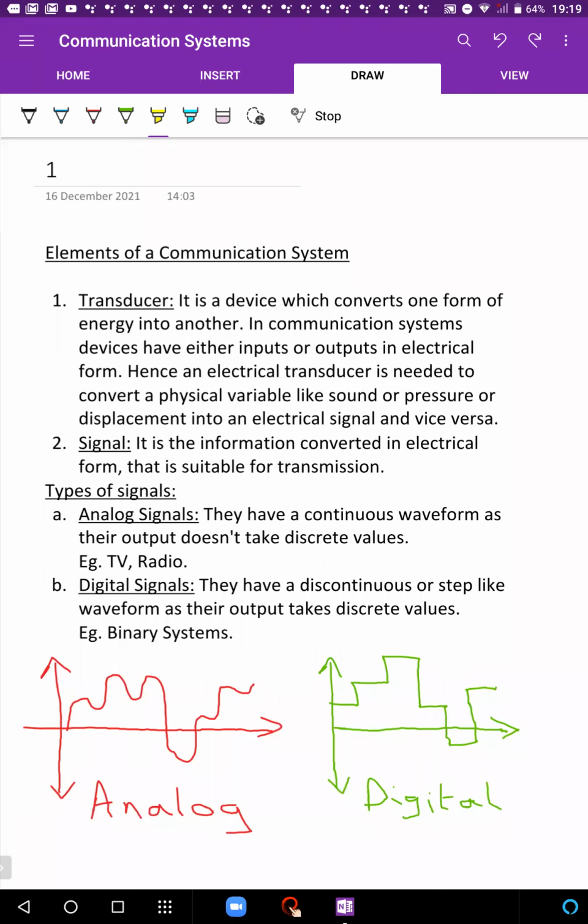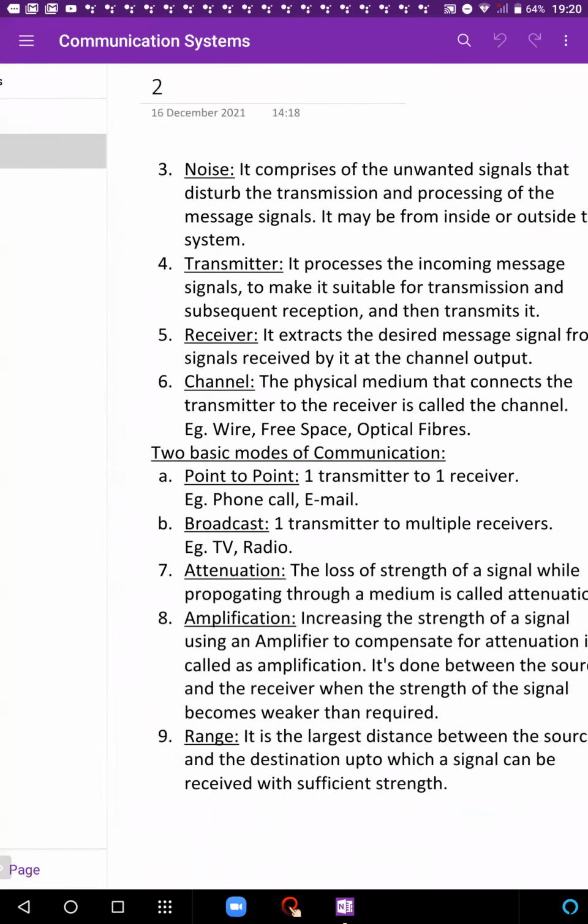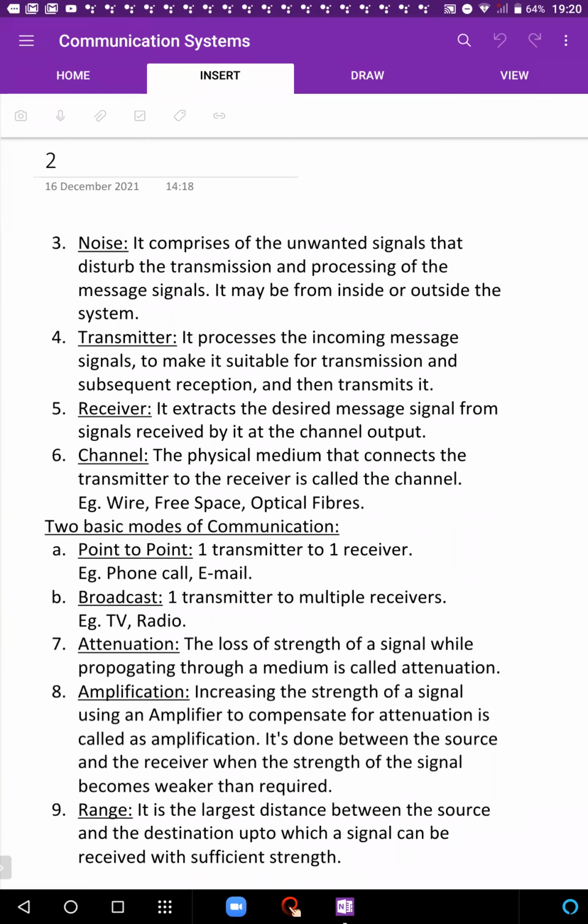But then complex things like human voice, okay, that's all analog, and it's an amazing field and a field of its own as to how my voice right now is being converted into an electrical signal. That's amazing. So there is a varying voltage, the waveform of the voltage is going to somehow carry enough information necessary to later reproduce my voice in your device. So that's an amazing field.